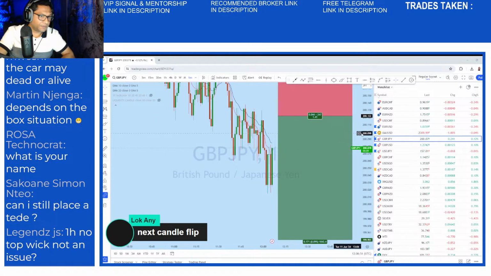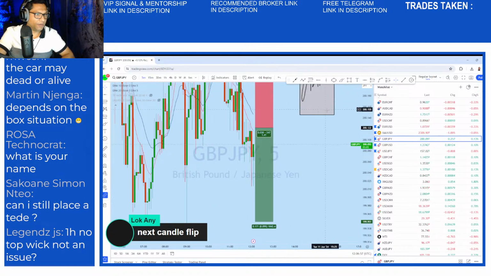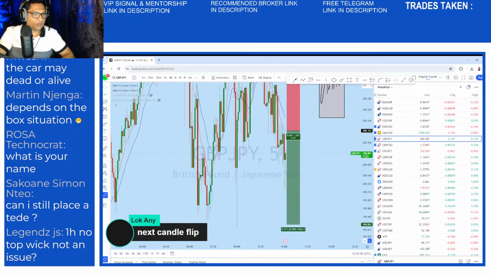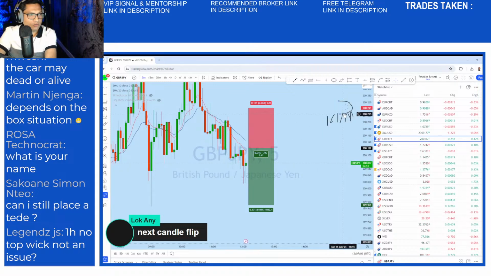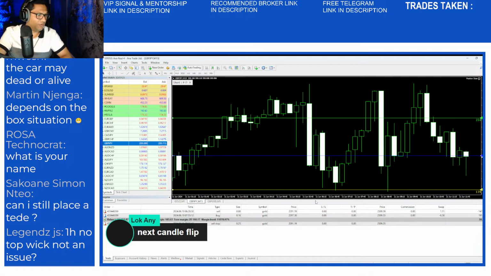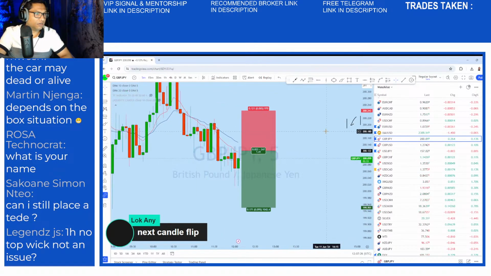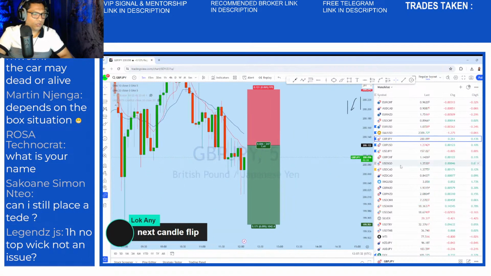So you see upside, I moved the stop loss to entry. I might get the rest of the half break even, but let's see what's happening. If we re-enter, we will be re-entering, no problem at all. But here what we can wait to see, I want to see that it's breaking below. So we are still on the rest of the half. Move the stop loss here at entry. So it might take me out of the trade. I'm out of the trade with that profit. So basically, the rest of the half is gone. There is a rejection. But anyway, we secured some and we'll be re-entering again once we see that.